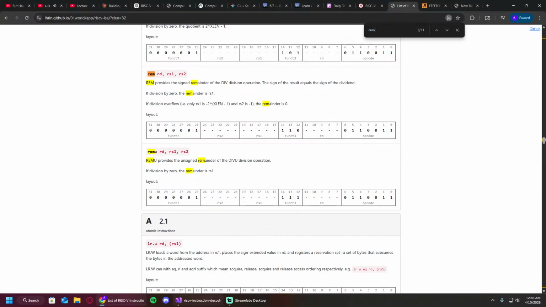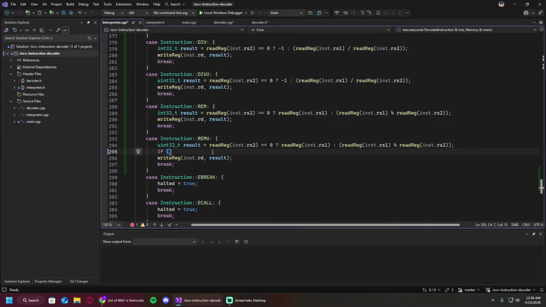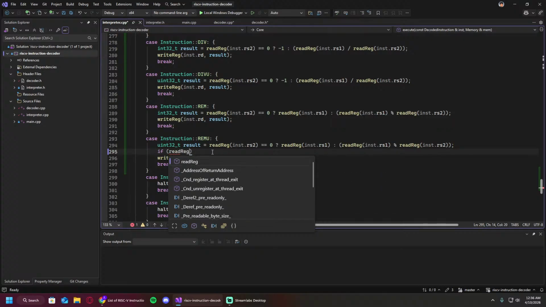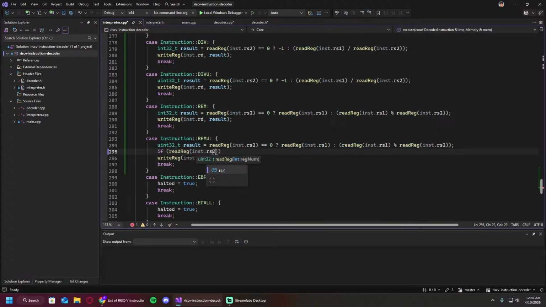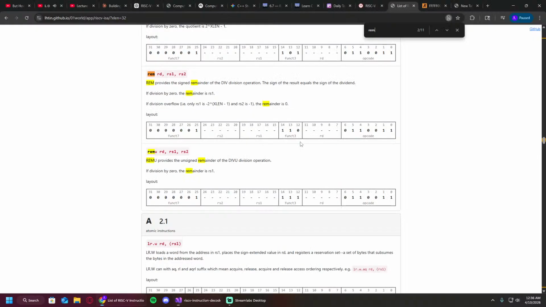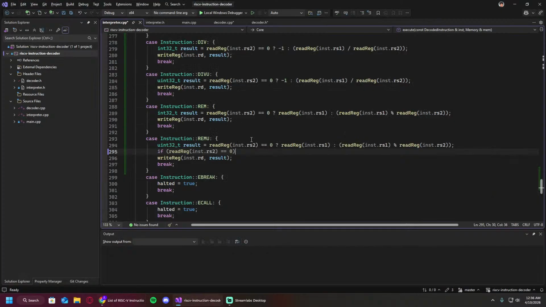If division by 0, so if our read reg value, wait, no, sorry, is equal to 0, the remainder will be R1, so